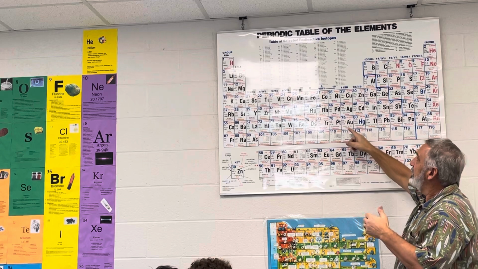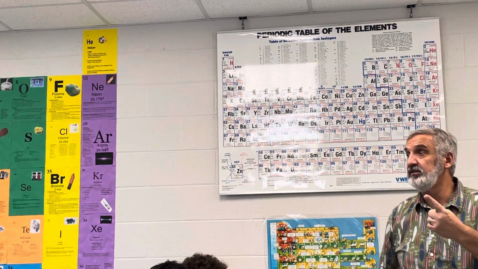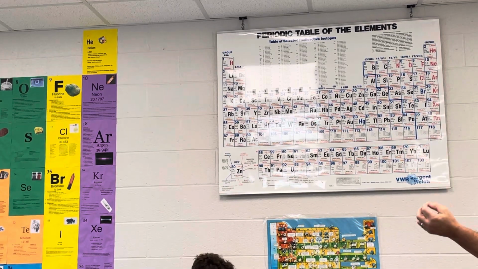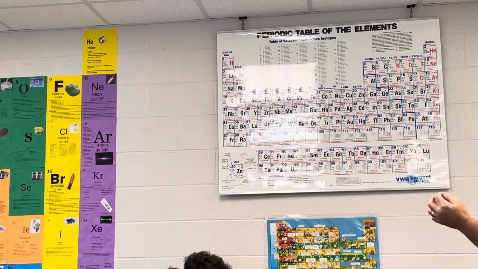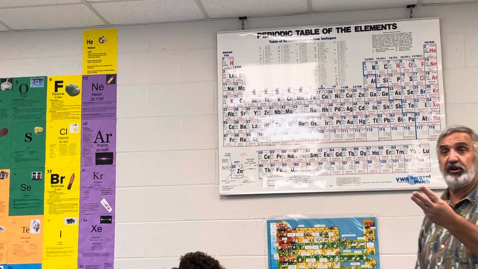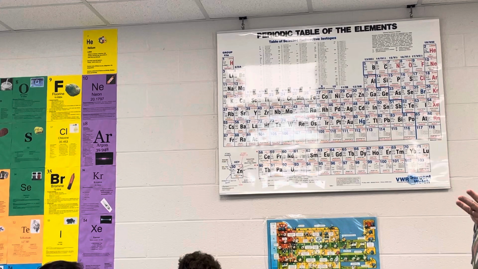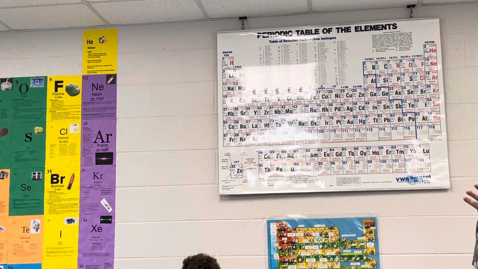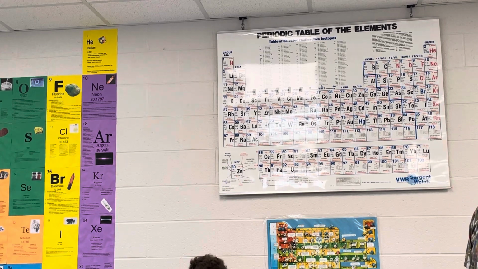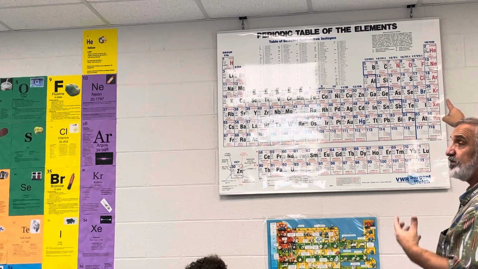Okay? So most of the symbols, when we look at these symbols, you start with a capital letter, and usually it's phonetic, like hydrogen. If you have a second or third letter, most of them are only going to have two, but the Latin name said three. If you had a third letter, the second and third are always lowercase. So I'm going to stereotype here, girls. Sometimes you want to put two capital letters when you do your symbols. But the second letter always has to be lowercase. N-A. Okay? But it's phonetic.